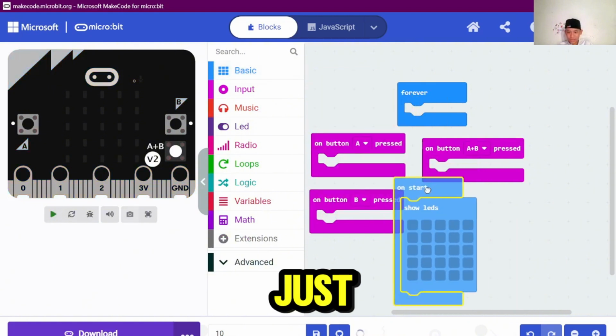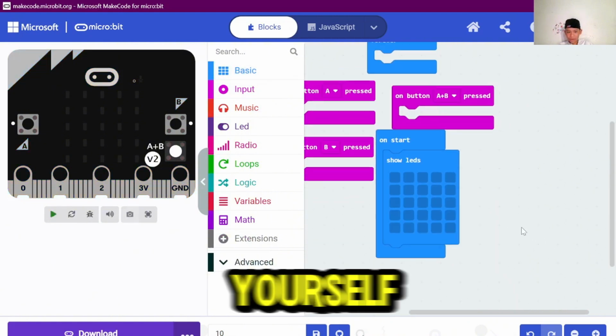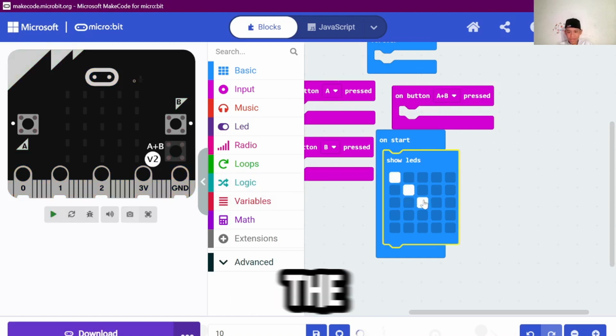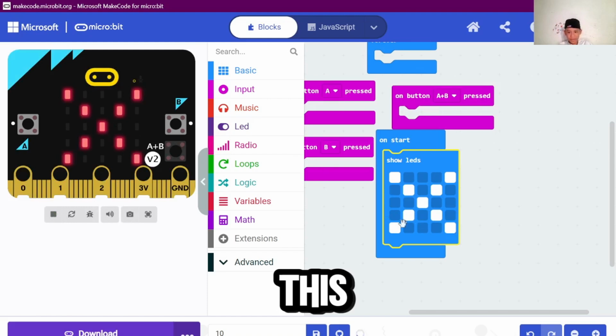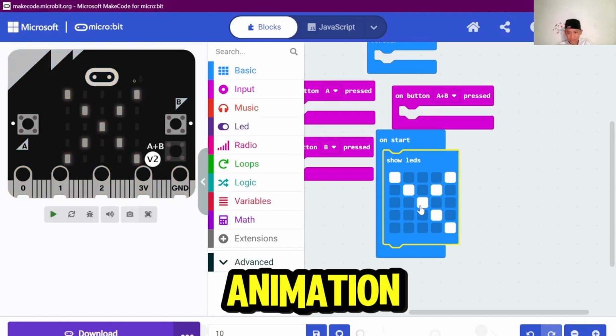This just makes yourself like a light like this. The example like this. Later you guys can see in here the first light like this. You guys can make animation using this.